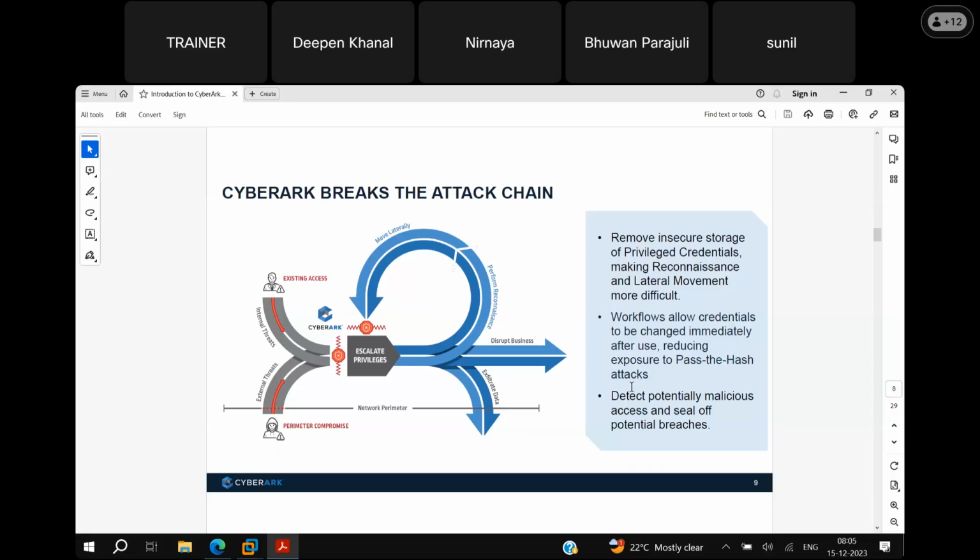And we can also detect potentially malicious access and seal off potential breaches. We will discuss what these workflows are, and how we securely store the privileged accounts in CyberArk, in the further slides. So CyberArk is going to break this attack chain, and it helps organizations protect their privileged accounts. Next slide.